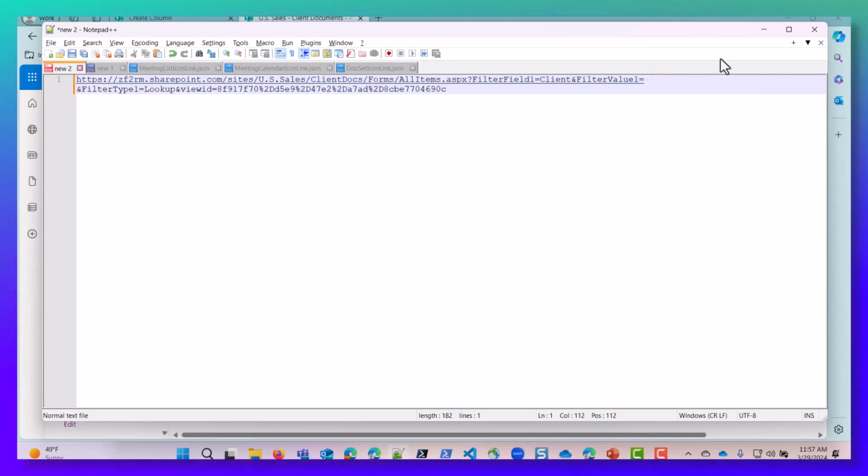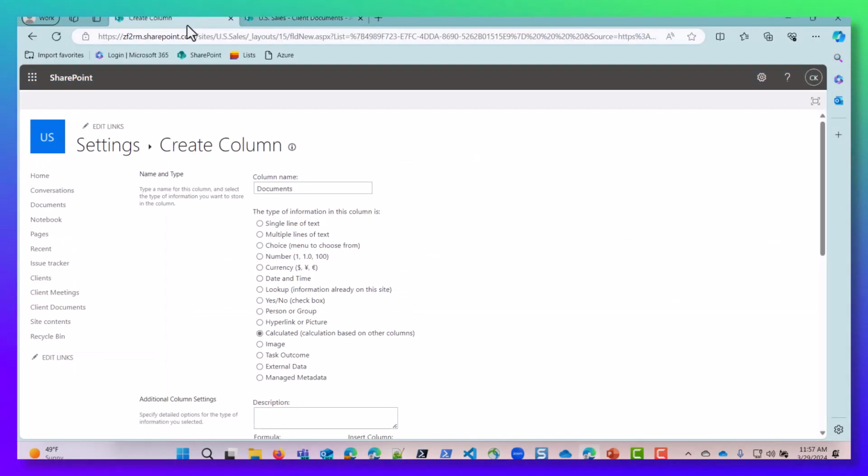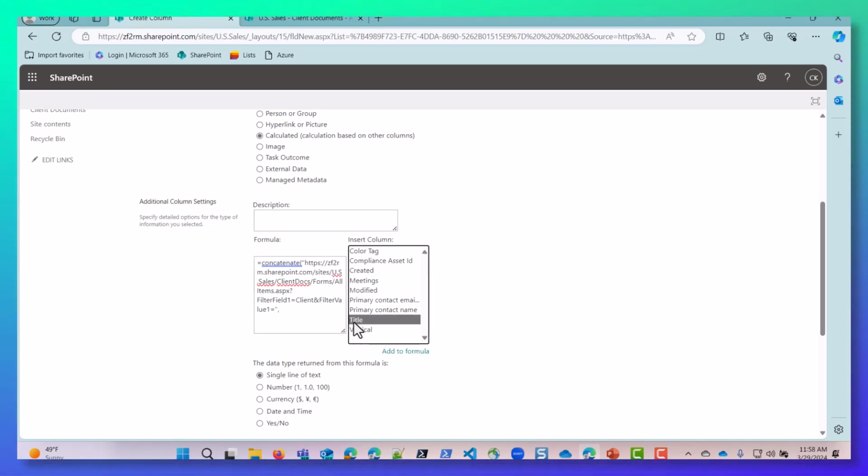There we go. So again, we're left with the root URL, so copy that. And in our formula, again, will be equal, concatenate, open paren, quote, paste, quote, comma, plug in that title,